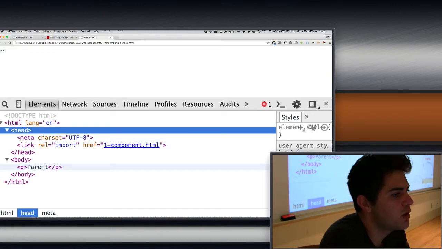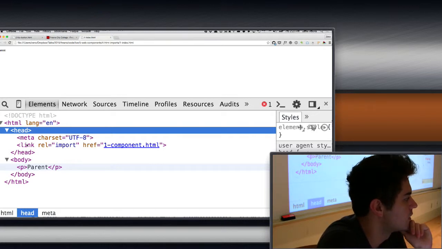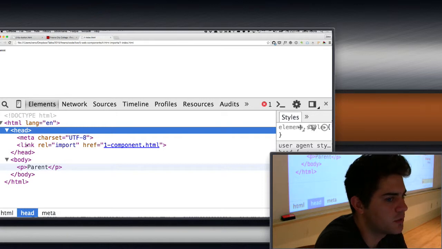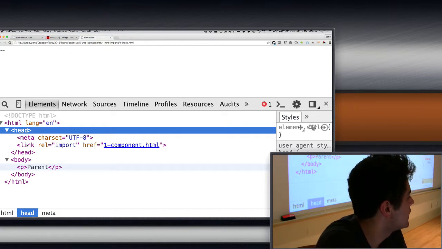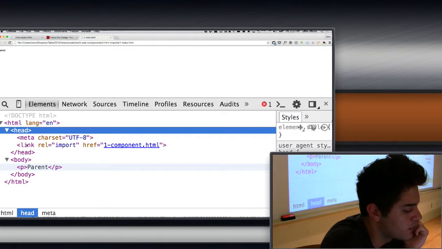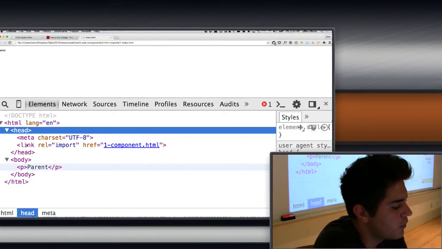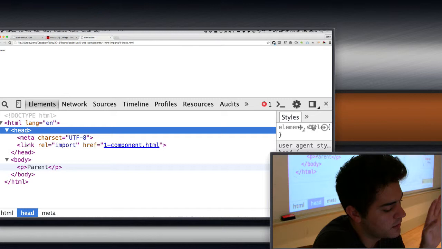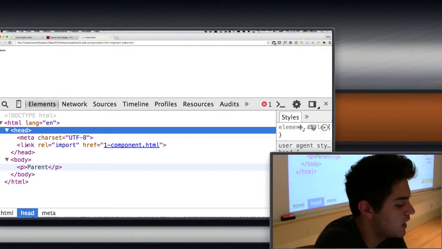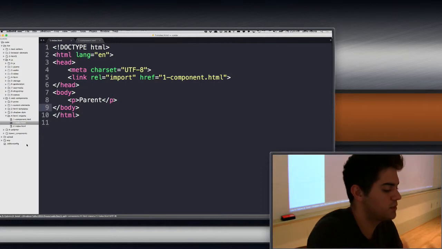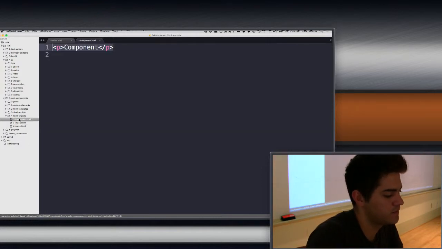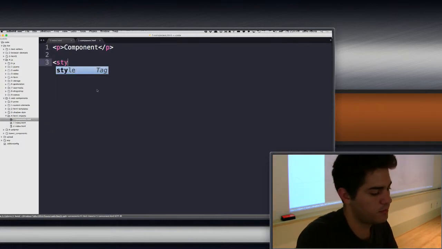So with HTML imports, we're not going to render stuff. It's not like the PHP include tag, or like an include that you do on the server side. It's more about importing stuff, and everything that is on there is not rendered in the browser. It gets interpreted, but it's not rendered. So if we put some style,